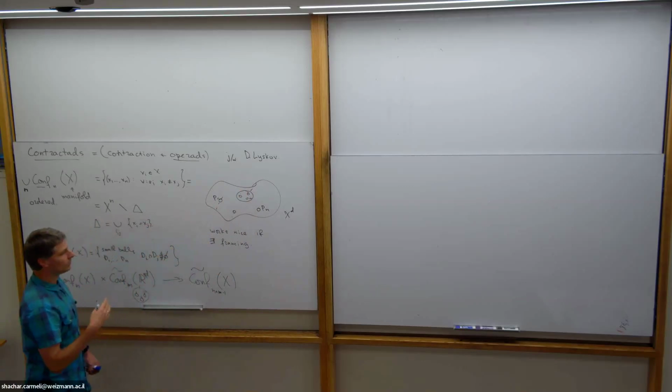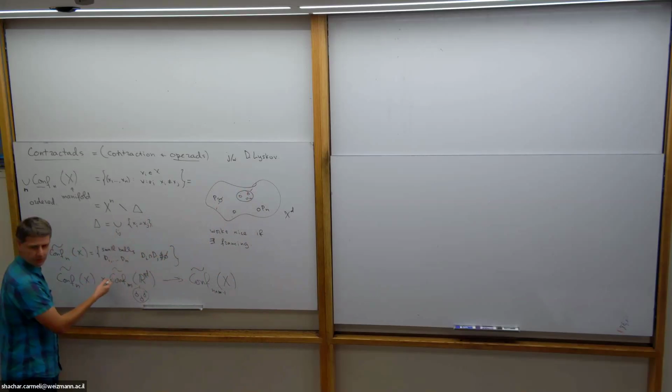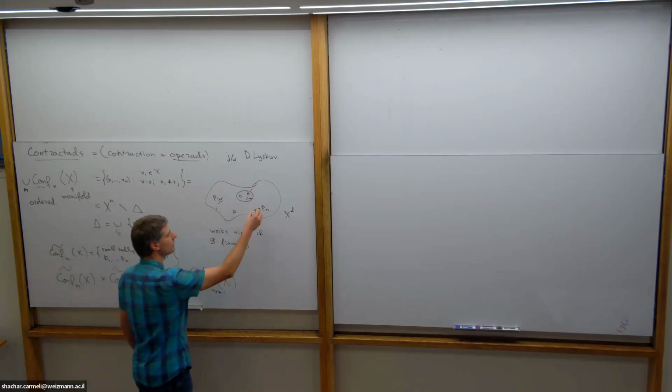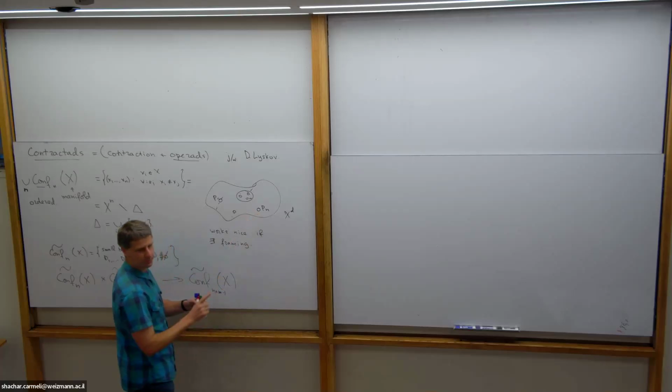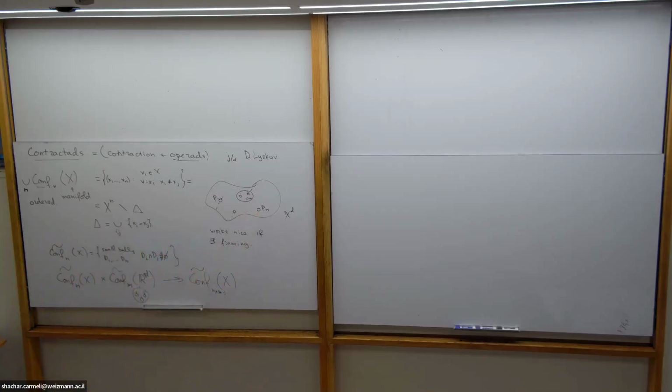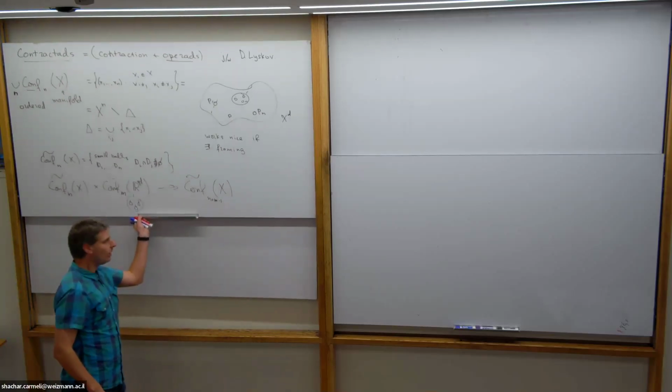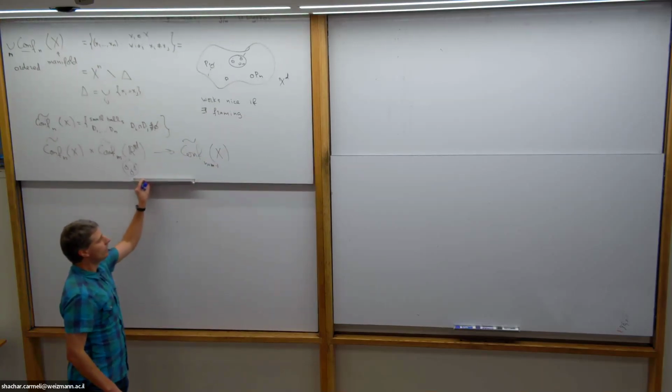So if you do not have framing, then there is a way to fix the story, and I will say in a moment how to do it. In this case, instead of configuration points, you have to think about configuration points plus the tangent vector, and then you can do the same story. But this story is much more complicated. So what you get out of this picture